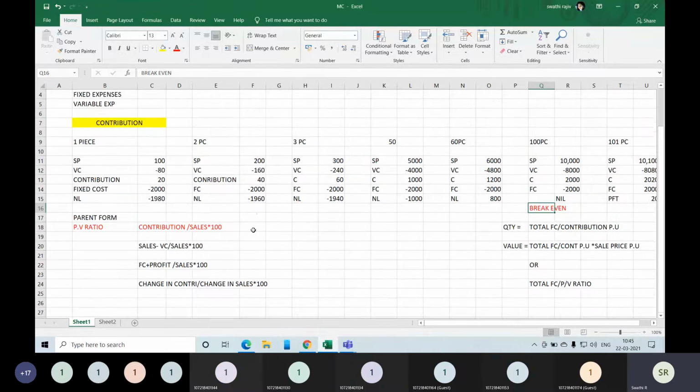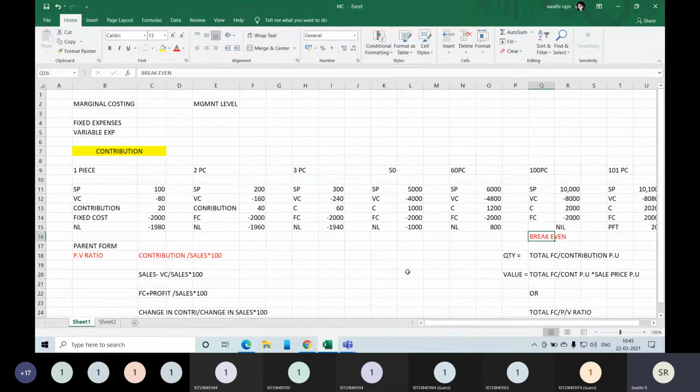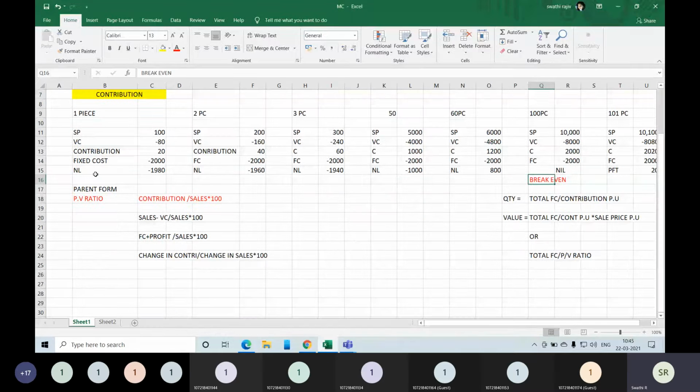We were doing marginal costing, and this entire thing, marginal costing, is basically a technique at the management level for them to make decisions, like how you can increase your profit, what you should do to increase your profit, or PV ratio. Basically, we realize that PV ratio has a relationship with your sales and contribution. So when we say sales and contribution, it has a relationship with your variable cost also.